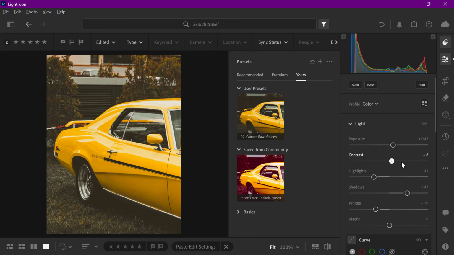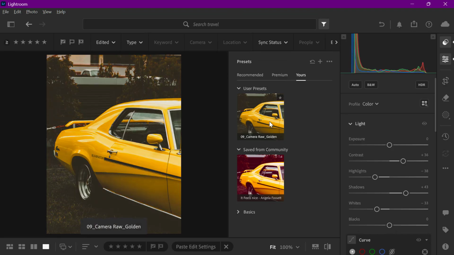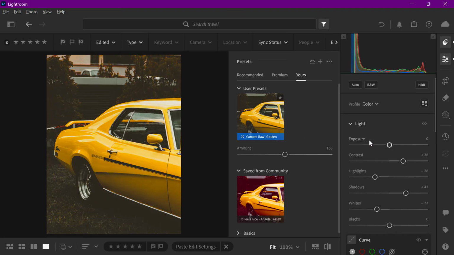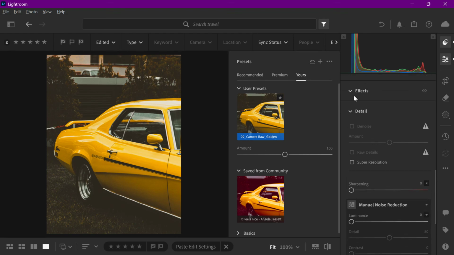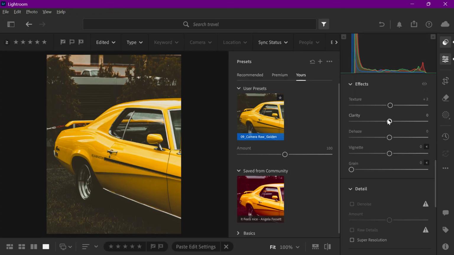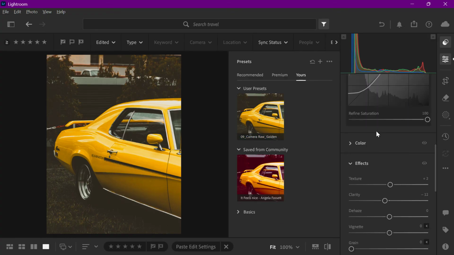Another useful tip is to control the strength of your edit. If the preset looks too harsh, reduce clarity and texture a little. This helps the image feel softer and more natural. You can also lower saturation if the colors look too intense. A lot of people make the mistake of pushing presets too far, but subtle edits usually look better and more